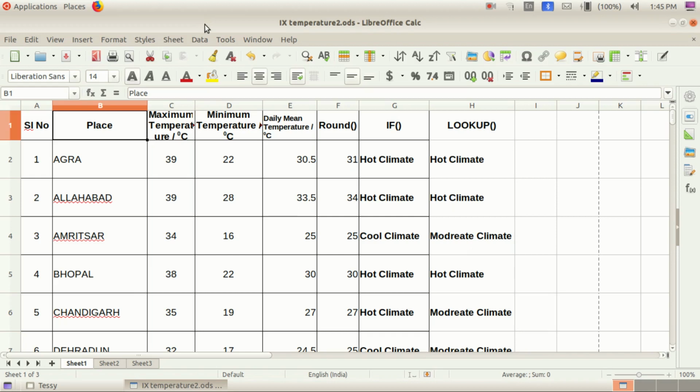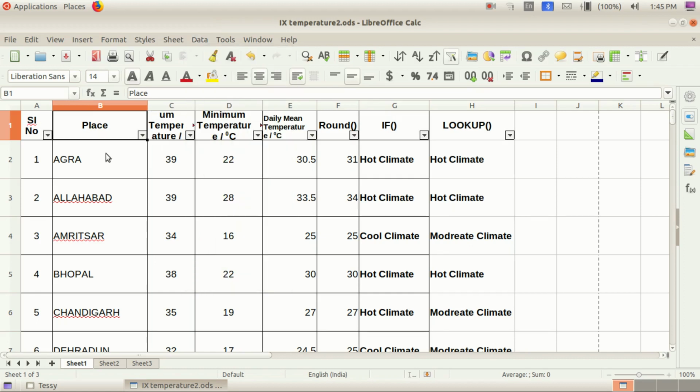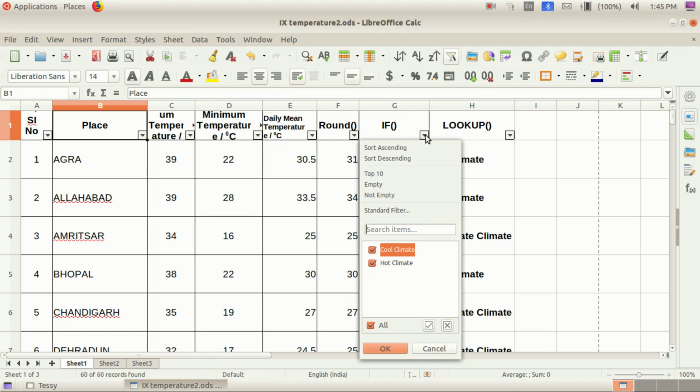Classifying the data, from where? From Data, AutoFilter. Do you see here? These are the filter points, children. If we need to filter, and we need only cool climate from here, you can take cool climate and click on OK.